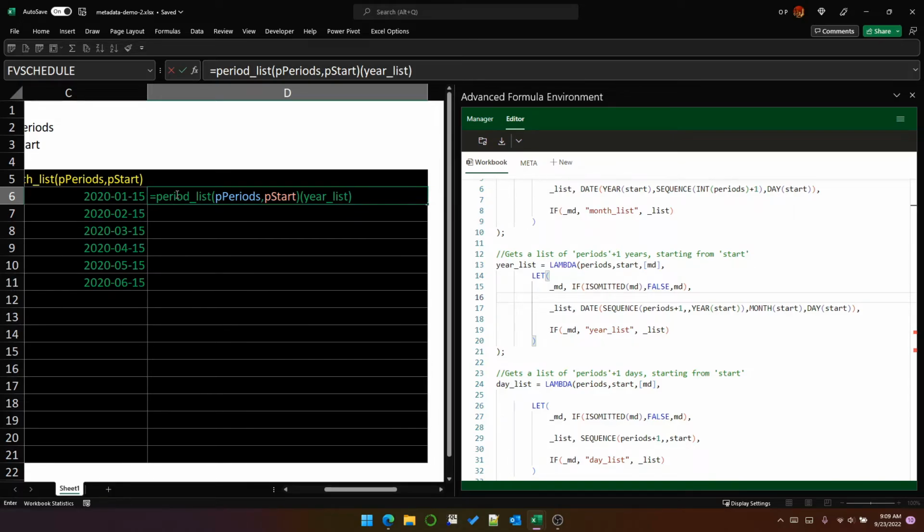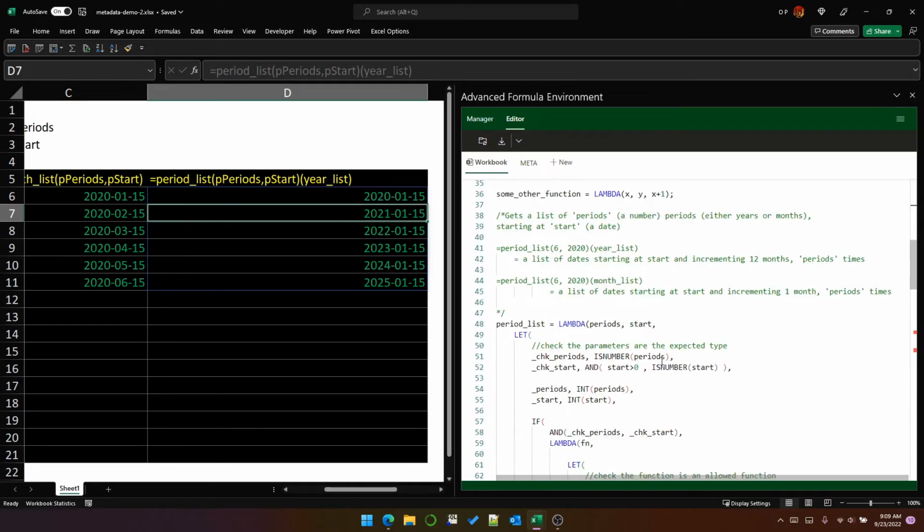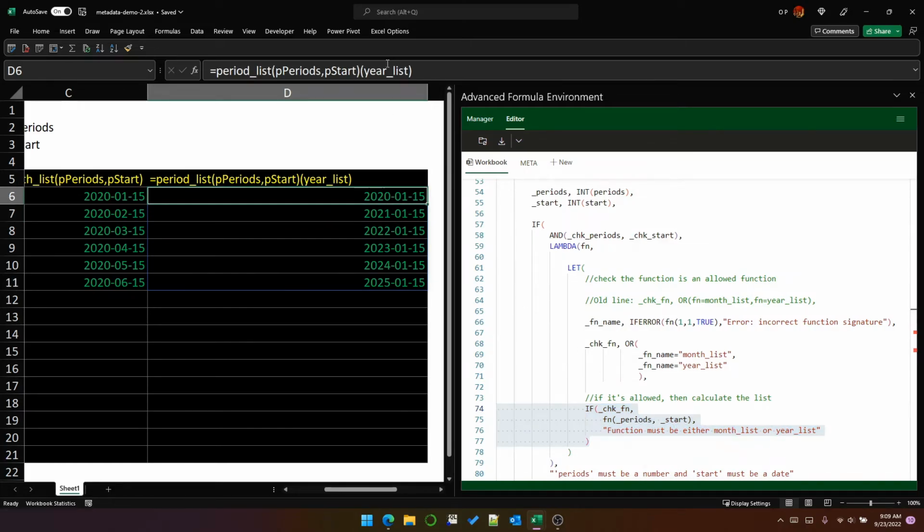It doesn't go in text. And just by doing that, and because of the changes I made to return the name by passing true into MD, this now works because this check returns true, and therefore this if statement executes the function instead of returning the error. So just to show you, it works for month list,